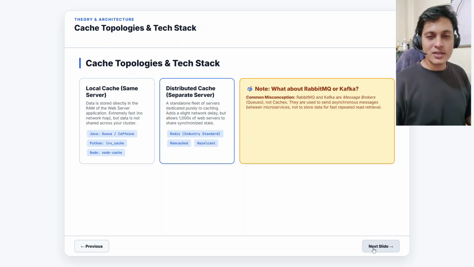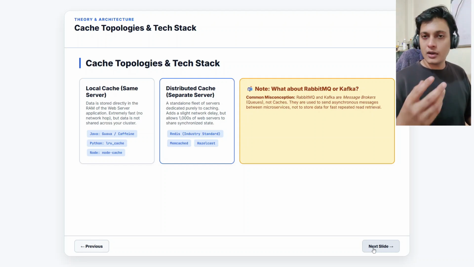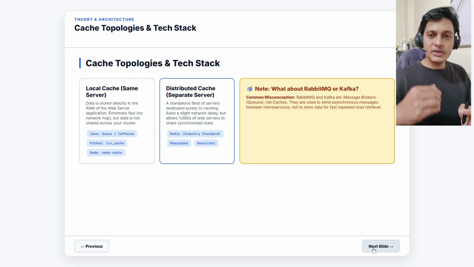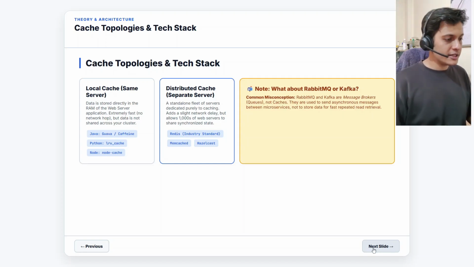Local cache means, let's say you have one web server, and these web servers are basically the computers or the data racks. All the computers have RAM and a hard disk. So when it comes to the RAM of that particular server only, that is called local cache. And when you create a separate server from the web server, let's say,